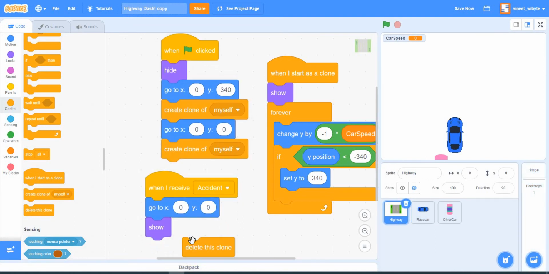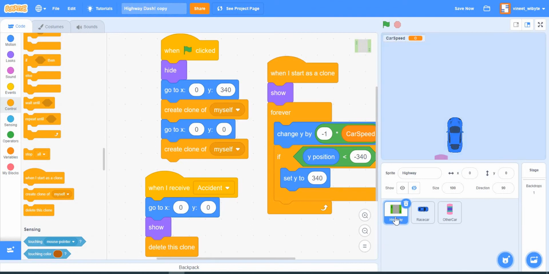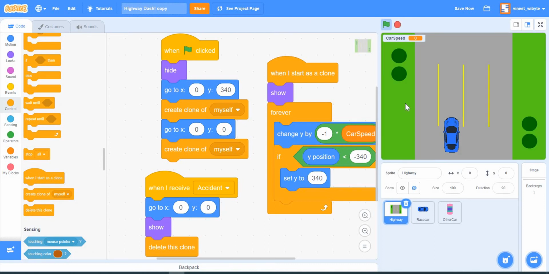Like I said, you can also create a new costume here for the highway, which has something like game over written, and you can switch to that costume. But then you must delete the clones because the cloning is what is causing the scrolling backdrops. That is over. Now the highway comes on. So I did this. Let's say if I go and intentionally hit the car, see if the, oops. Yeah, notice my scrolling stopped. So car hit, the scrolling stopped, and what is hidden here? Now notice this has become show because I've sent this to 00.